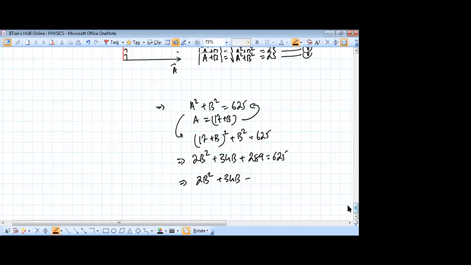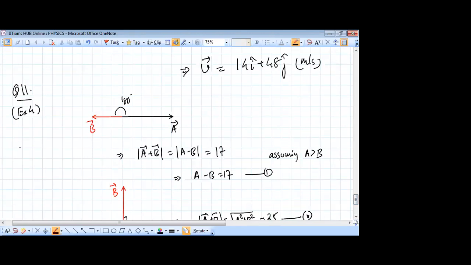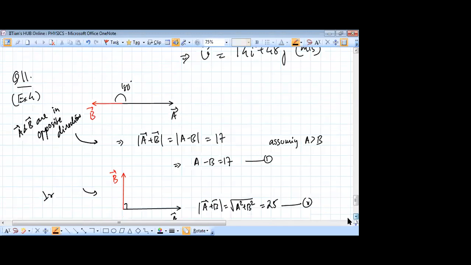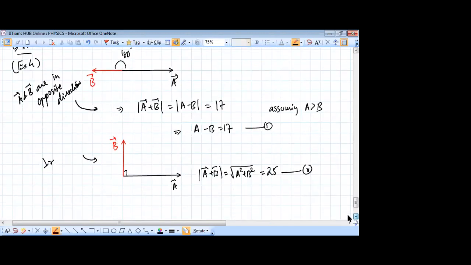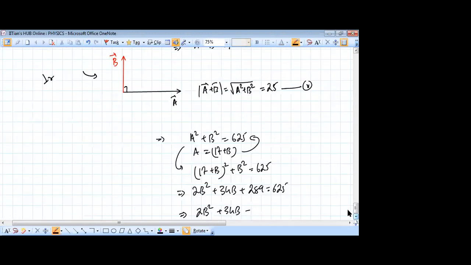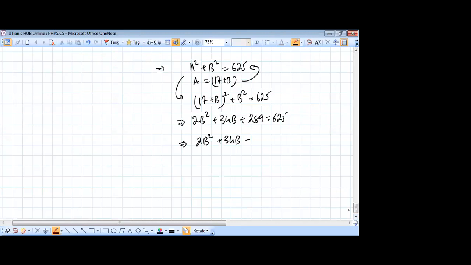In the first part, it is given A and B are in opposite directions. And second part, it is given that they are perpendicular. So anyway, so this becomes